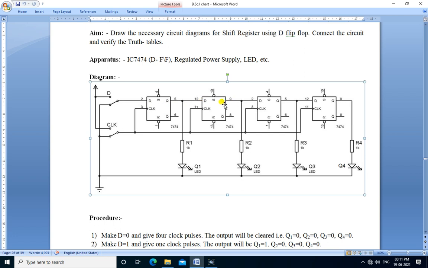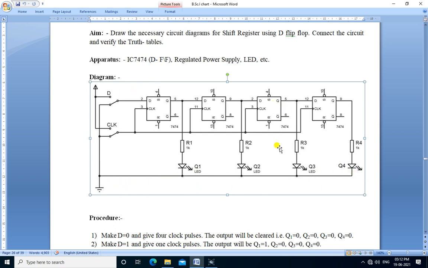The output of this second D flip-flop is further connected to input of the third flip-flop, and output of the third flip-flop is connected to input of the next flip-flop. So it is cascade connection of 4 D flip-flops, and outputs Q1, Q2, Q3 and Q4 are connected to LEDs to show the shifted bits.